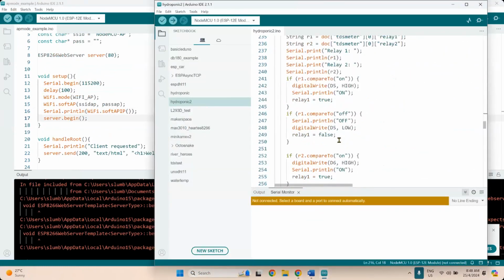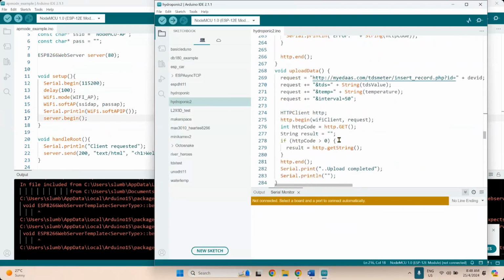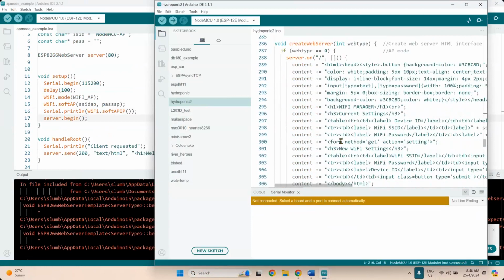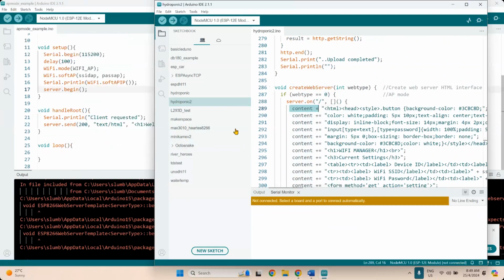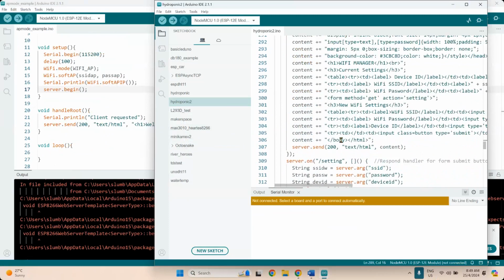This is HTTP request, this is to upload data, this is to create web server. Okay, maybe I can just use this one. Handle root. I'm going to create a simple web page through content. Create web server, handle root, client requested, server.send, server.on slash, server.send.